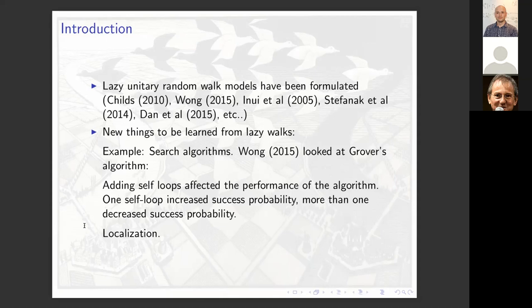Maybe one more effect that I'll mention is something called localization. Depending on the unitary evolution operator, that unitary matrix, depending on what its eigenvalue spectrum looks like, the walker can actually exhibit a non-vanishing probability to remain at any position on the graph, right? That's also described in some of these papers. I thought that was interesting and not necessarily intuitive, or at least worth noting.